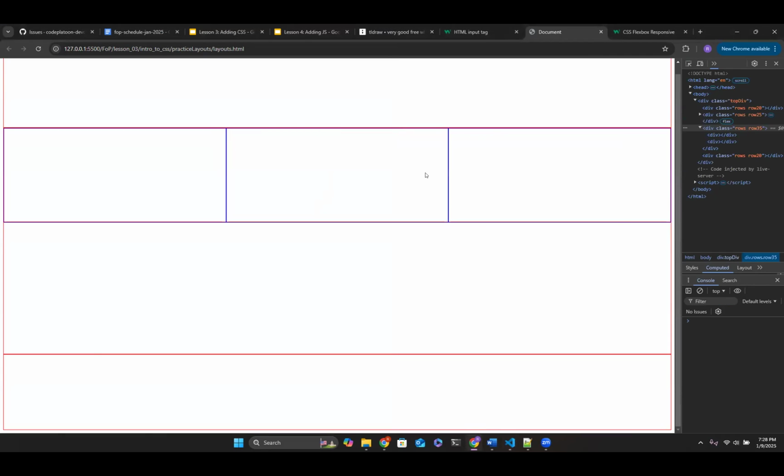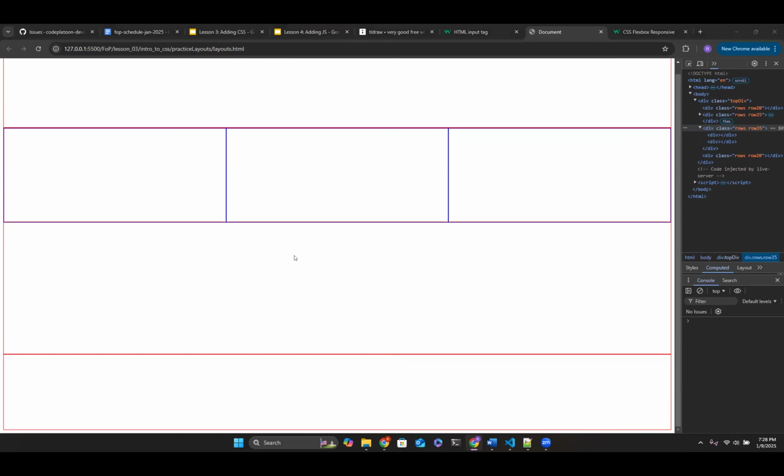And there you have it. It's going to take 100% of the container it is in, right? 100% of the container. Because this isn't the top level, it exists within this row right here. 100% means 100% of this specific row. Does that make sense for y'all? Yeah, that makes sense. All right, right on.